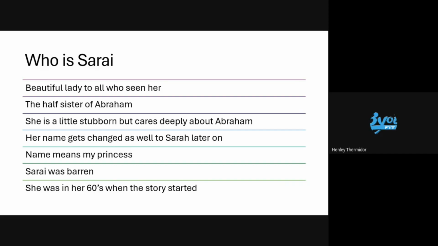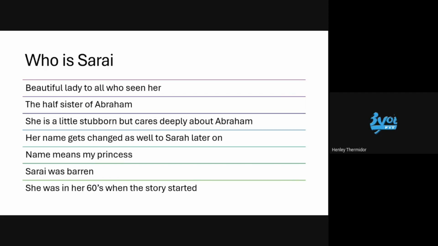Now, one of the reasons why the Bible goes into detail on Sarah, because we don't really focus most on women in the Bible, but we focus a lot on Sarai and then Sarah because she was barren. Being barren in the ancient world usually meant one of two things. You're just cursed, or you're not really important. You're eventually going to get put out. Your husband's going to find another wife to replace you eventually.